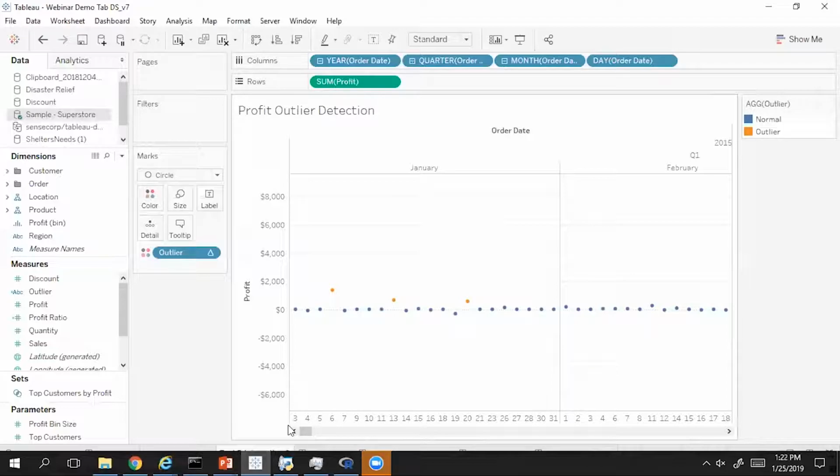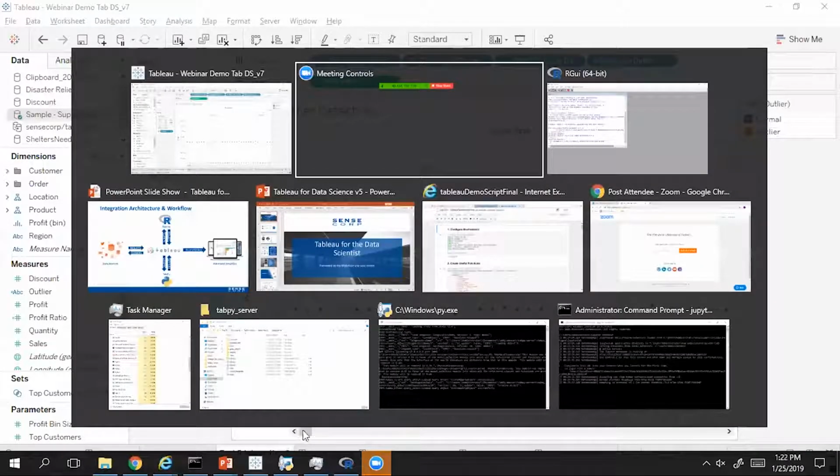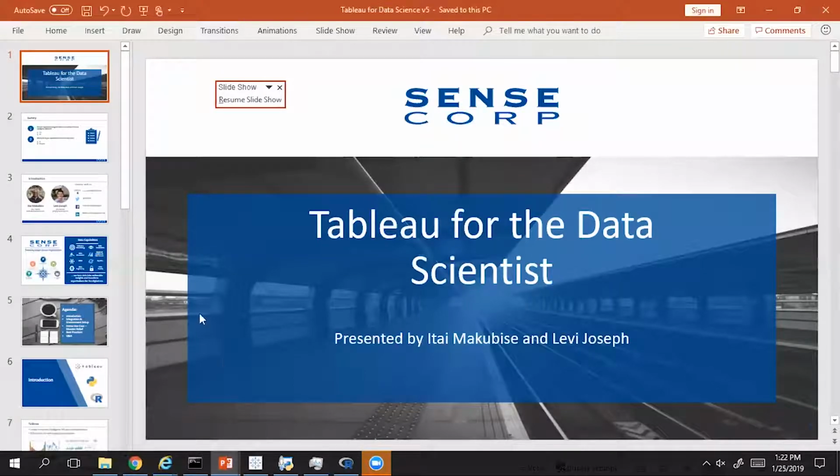So that does it for this R integration with Tableau. Now we can move over to the Python integration. But before we move on to the Python integration, we just want to switch back to the PowerPoint presentation and just